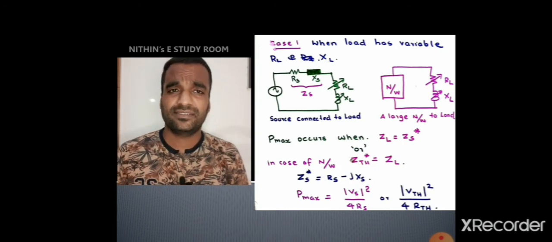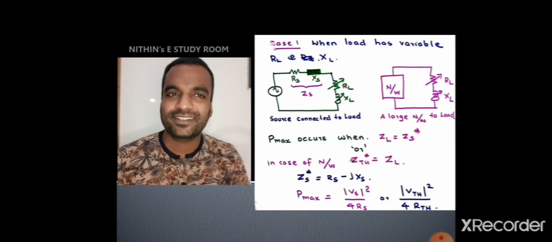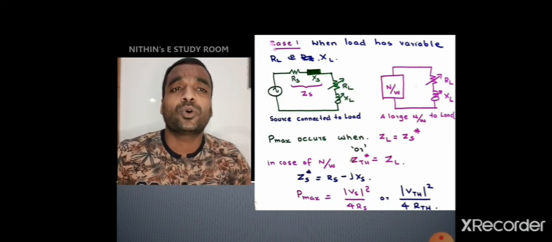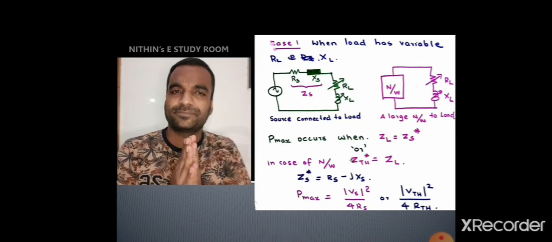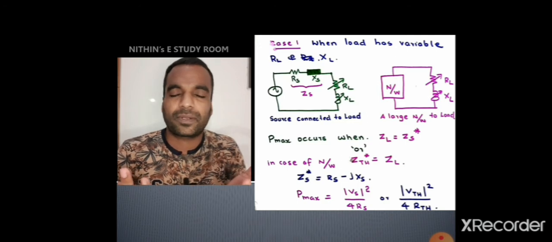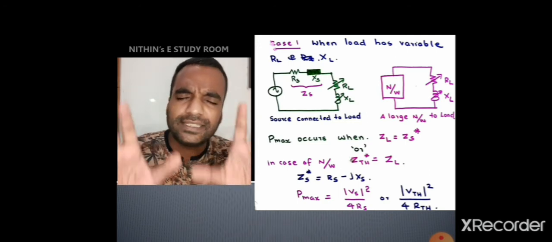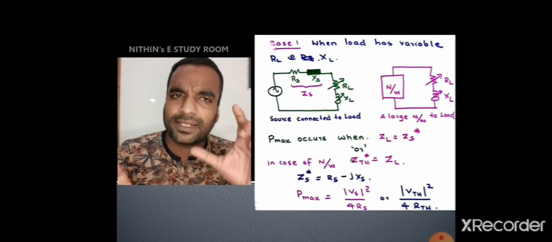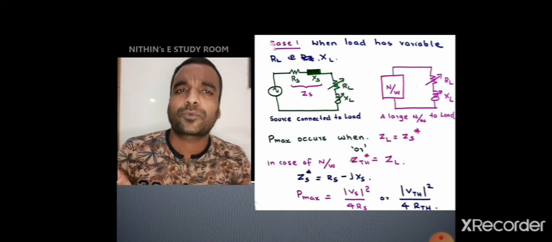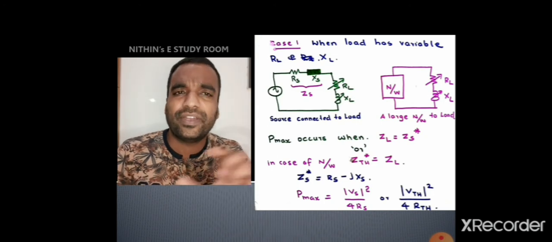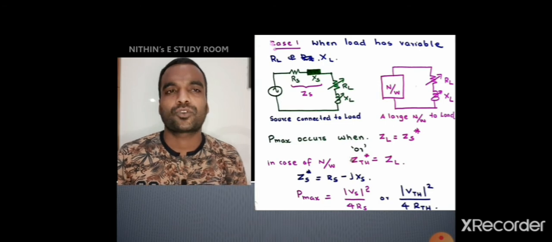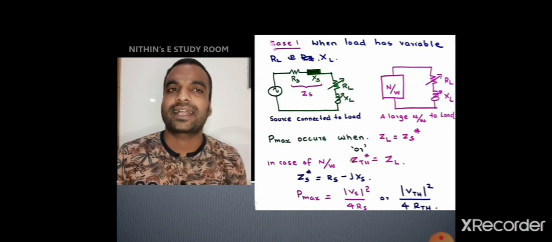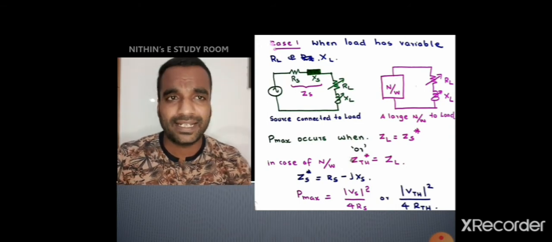Why are we varying? What is the need for varying here? Because we are ready to vary the load in order to get maximum power transfer. If the load is fixed, you will not get maximum power transfer. In case of DC, there was one and only component, the resistor, and in all the problems you were ready to vary the resistance in order to get maximum power transfer. But in AC, in some problems both resistance and reactance are ready to get varied. In some problems, it's not like that. We will analyze that in upcoming cases.